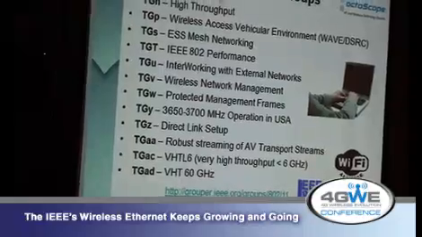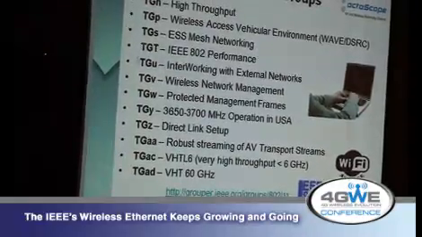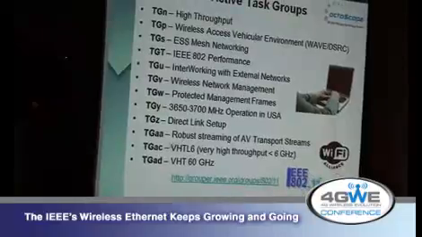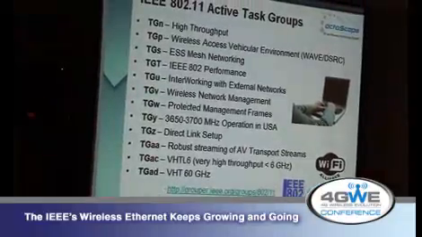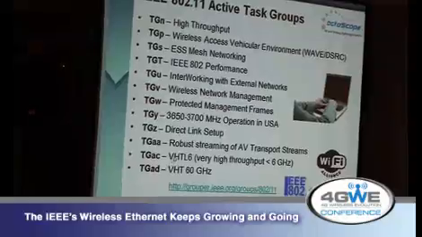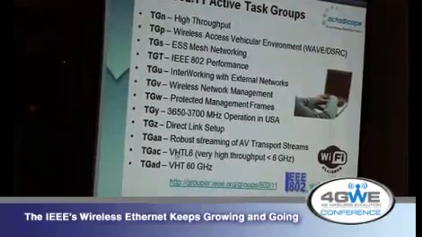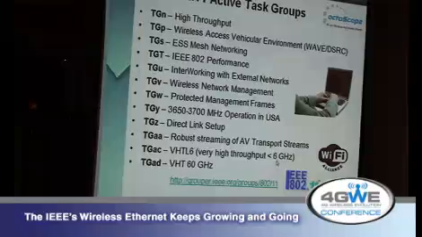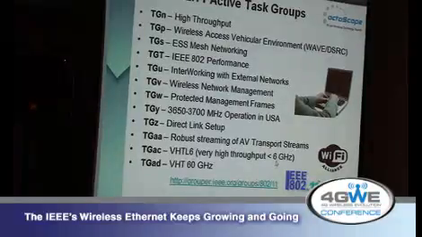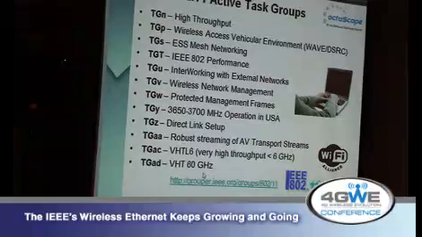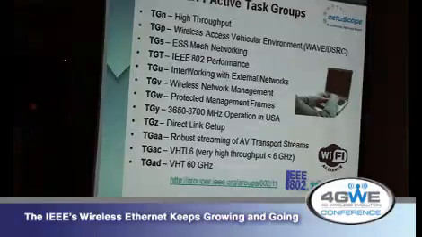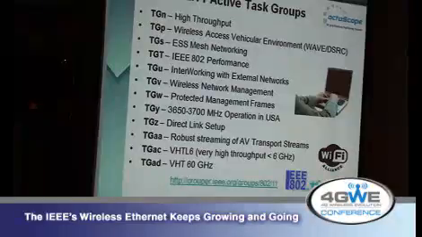Under .11 itself, N is finishing up. There's a variety of alphabet soup here. The key standards are TGac and TGad. So what we talked about for the next generation after N, AC is less than 6 gigahertz, so in the traditional 2.4 and 5.8 gigahertz bands, and AD goes into the 60 gigahertz band. So there's a kind of rate adaptation that happens, just like we change rates within a band. This essentially switches bands automatically when you need to go to 1 gigabit per second or thereabouts.